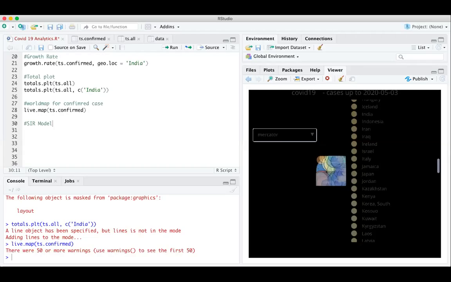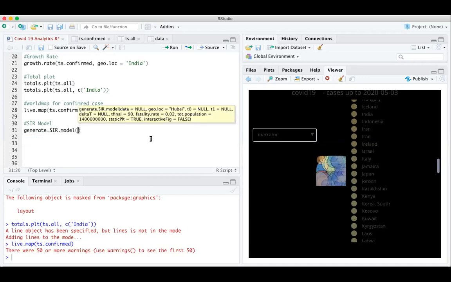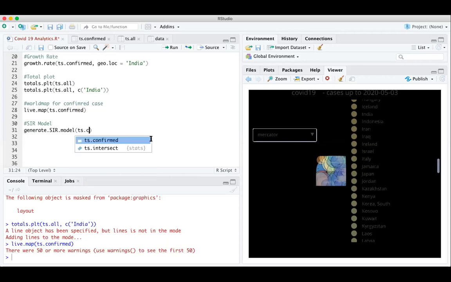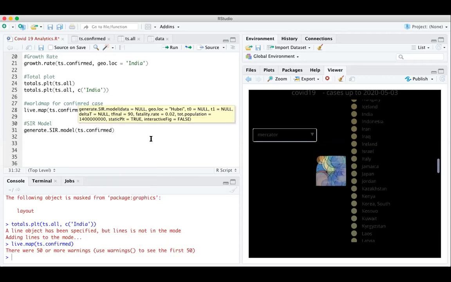So yes, okay. For the SIR model, let's use generate.sir model and take the confirmed cases, ts.confirm. That is the variable we use. Let's use the country as India, and the total population as the next variable.